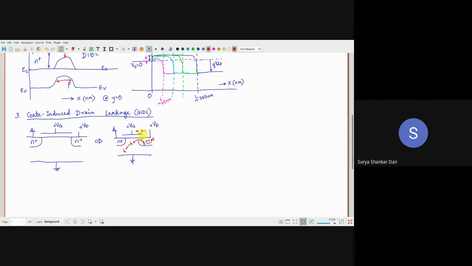Leakage means that, irrespective of the applied bias, you are creating some carriers. For example, when we say subthreshold leakage, or when there is a tunneling phenomenon going on, it's the same thing over here. It's something similar to avalanching happening, but that happens only whenever you are having an overlap. Okay, so I can write this invariably